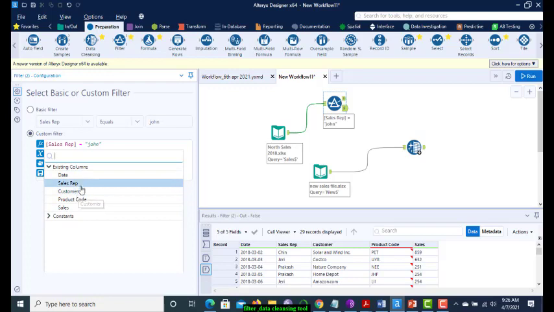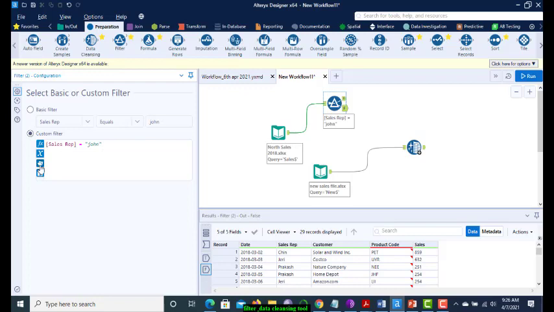If you're not writing in the expression editor, you can just click any column here and it will come into the expression editor.